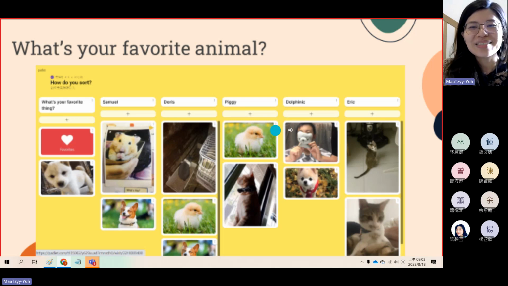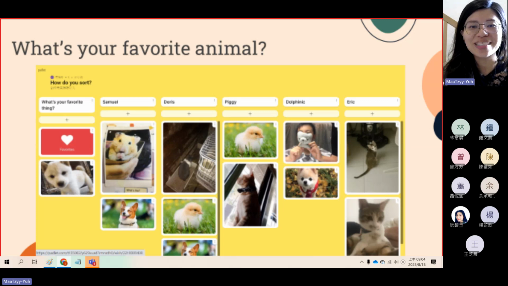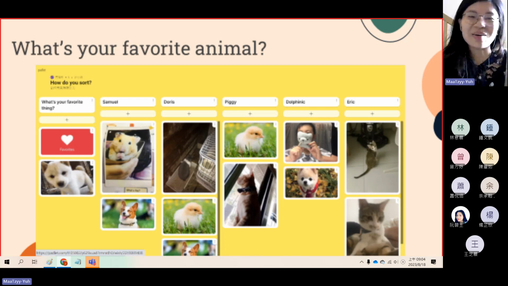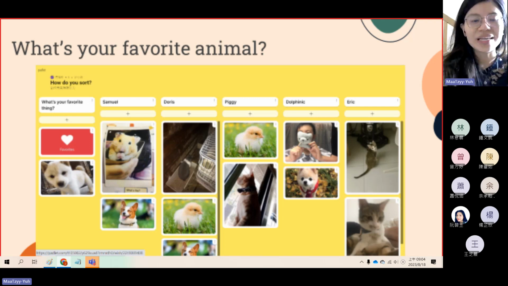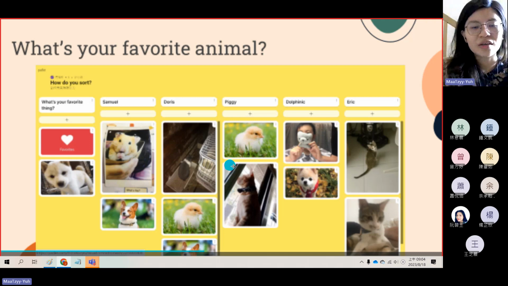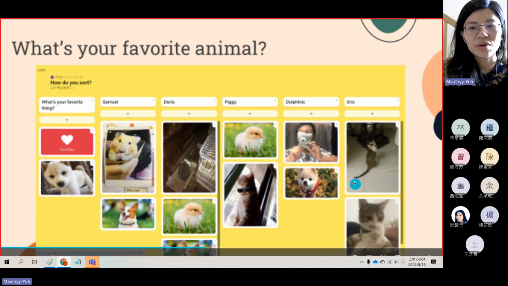And this kid is very cute. Dolphinic uploaded his puppy stuffed animals. I didn't even teach him how to do that, but they would get creative and do their own sharing. And by the end of the class, we would sort the animals,